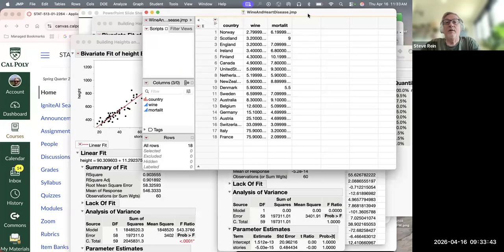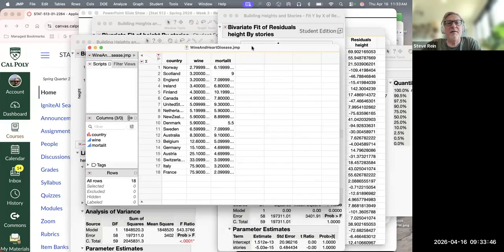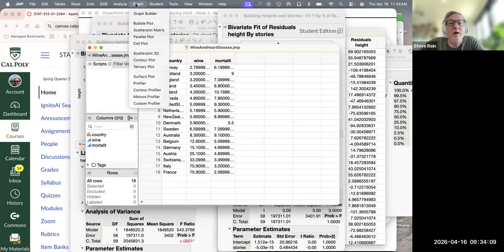Okay, so with this wine consumption and heart disease data from I think 1984 or so, a collection of different countries here. We have the wine consumption in liters per adult per year, and no, that is not a typo. Two bottles of wine per week per Italian adult. Same thing for the French. Heart disease death rate, so that's death rate from anything related to heart disease.